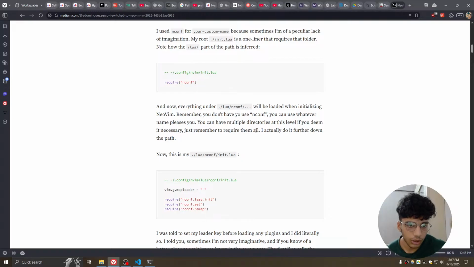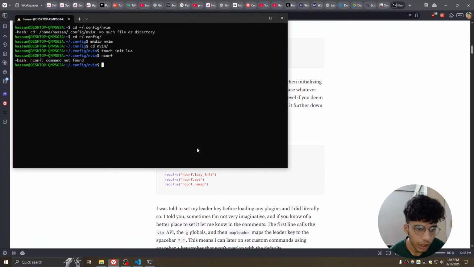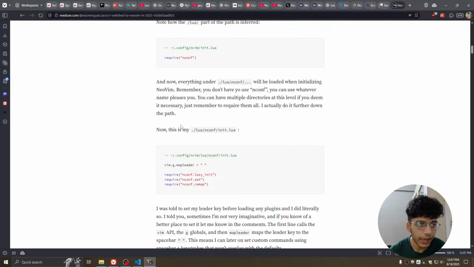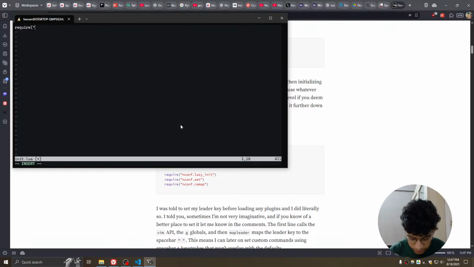Okay, so we need all of this stuff. You can have multiple directories at this level if you deem it necessary. Just remember to require them all. Actually do it further down the path. Okay, got it. Okay, so let's do this. In my init.lua file, what I'm going to do is require. We're going to say require, and I guess I'll just call this conf or config, whatever, right? And then we can